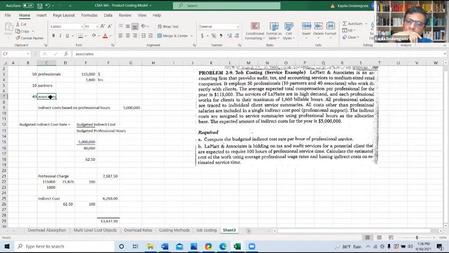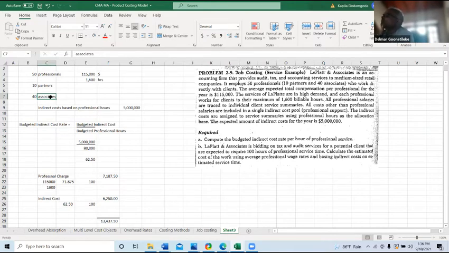If you want to improve even further, what else can you do? Break down that common cost pool into direct costs that can be easily attributable to these individual jobs. For instance, one client may reside at a faraway place, so the traveling costs for that job will be higher. Right now, everything other than these professional fees is in a common pool. So if you can break down the common pool further between direct and indirect, I think then it will be more accurate.